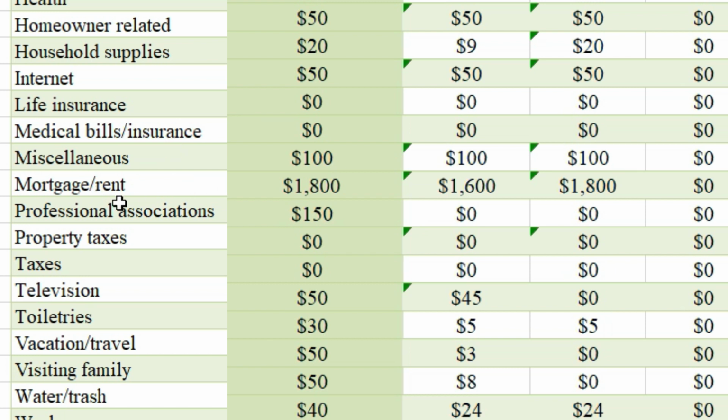Mortgage or rent, professional, associate. This is if you have financial advisors, the people who make sure during tax season they file your taxes, stuff like that. So property taxes, obviously taxes. Television, I have Sling, the cheapest one out there, so it just depends on your needs and wants. I have that because obviously I have it mostly just for sports. Toiletries,